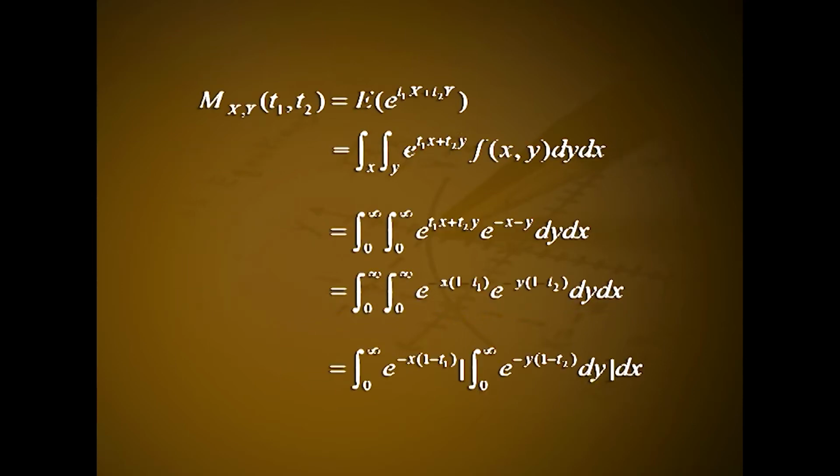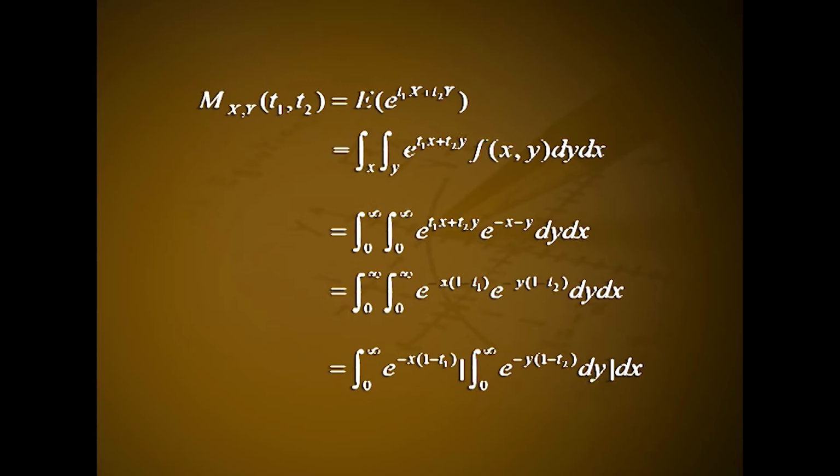M_XY(t1, t2) equals expectation of e^(t1 X + t2 Y), that is equal to integral over x, integral over y, e^(t1 x + t2 y) into f(x, y) dy dx, that is equal to integral from 0 to infinity, again integral from 0 to infinity, e^(t1 x + t2 y) into e^(-x-y) dy dx,